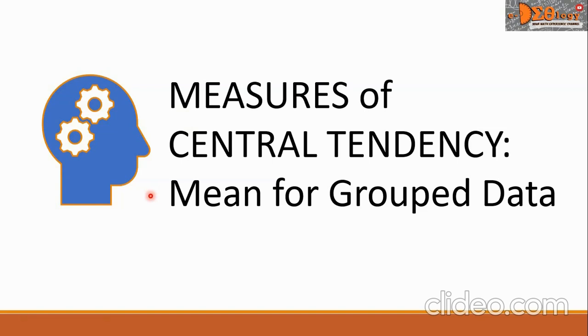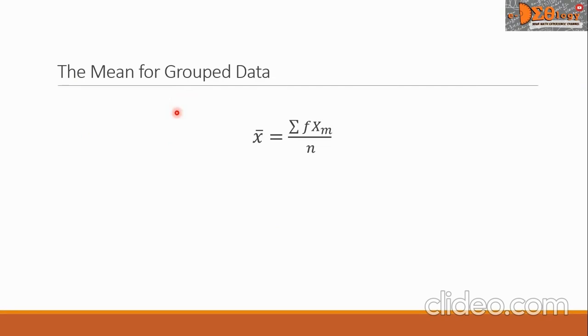Hi everyone. Today we're going to study mean for group data, and this is under measures of central tendency. The formula of the mean for group data is given here, and this is x bar equals sigma f x sub m all over n,